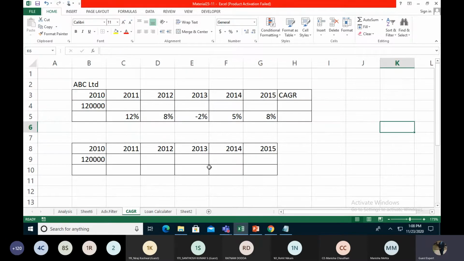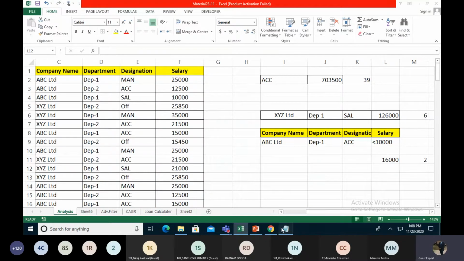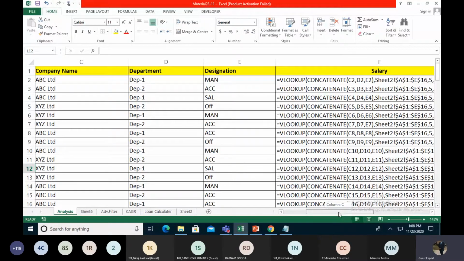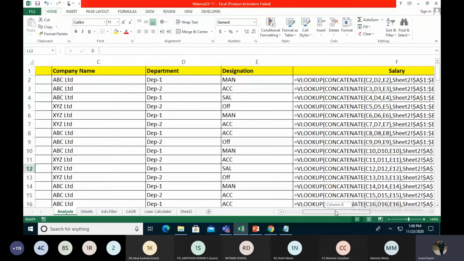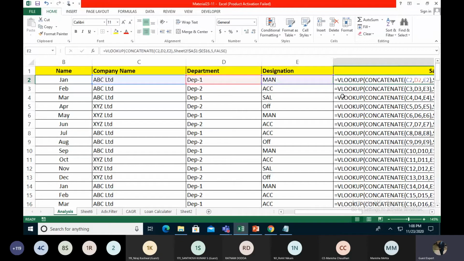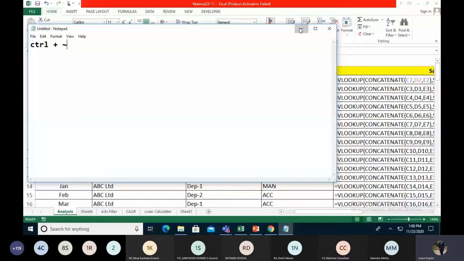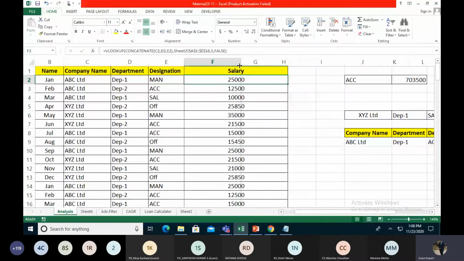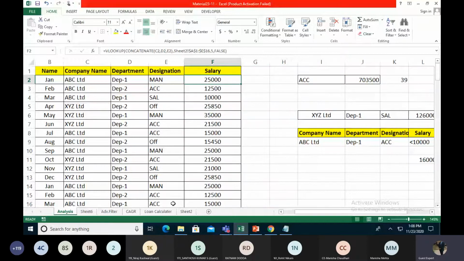And second thing, in analysis we use the Control and Tilde button. This is Control and Tilde. It shows all our data and formulas. This is Excel's editing mode, which is very useful for us to see where the data is located right now, whether there is a hard-coded value or a formula value. So with the Control and Tilde button we see the editing mode as well as the visible mode. That is a very important shortcut key to show the cell data.